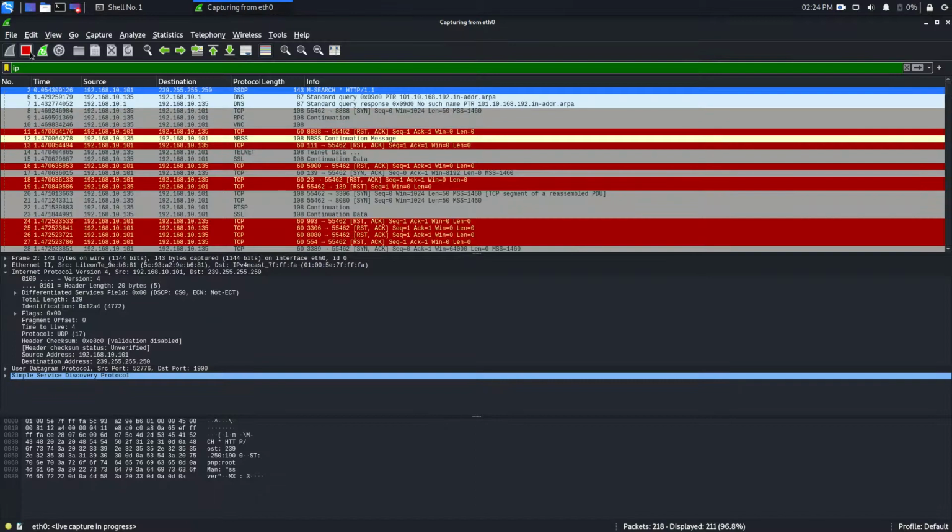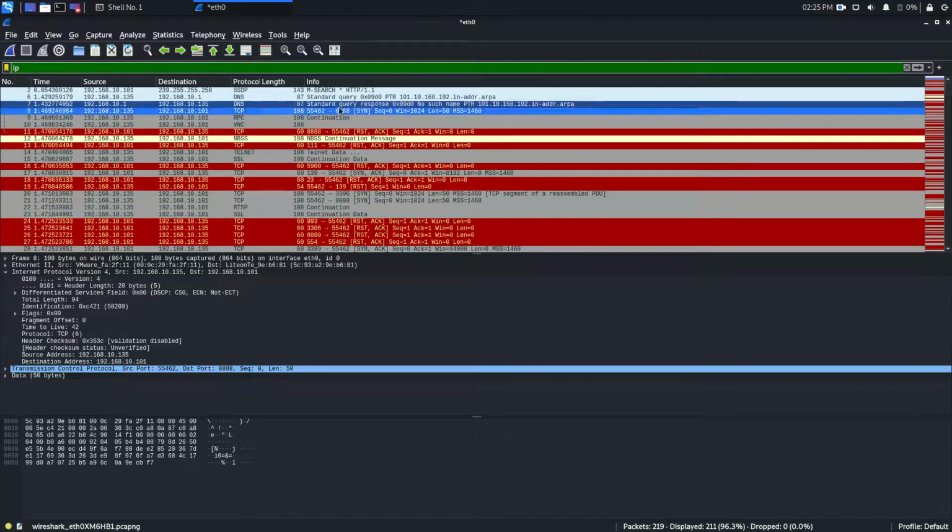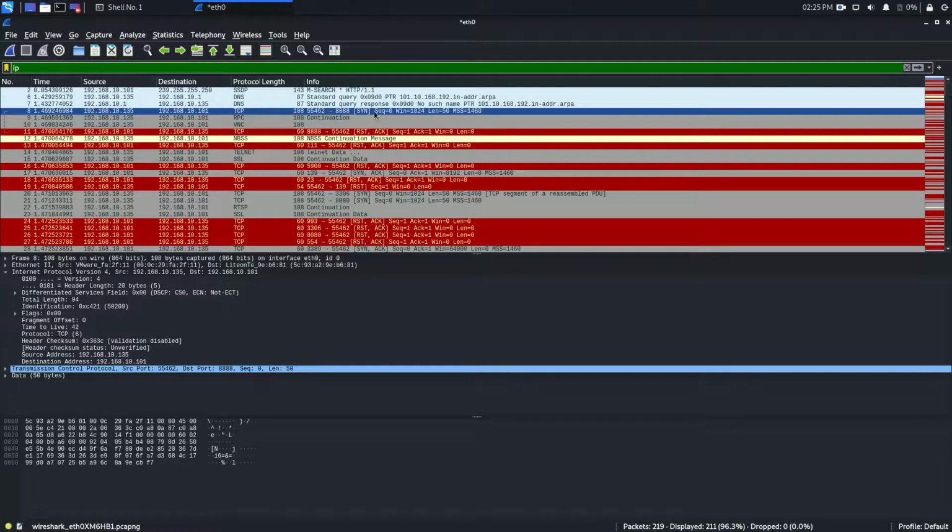and you can see here, this is the packet you need. So you can see here we are sending the SYN flag in the TCP header, and the length is 108, right?